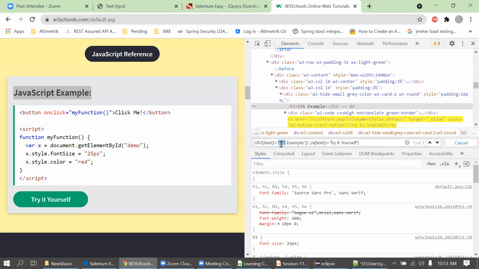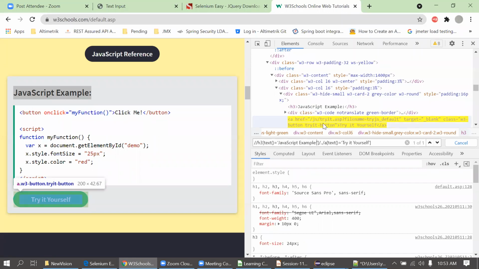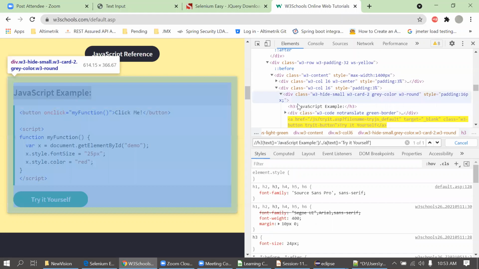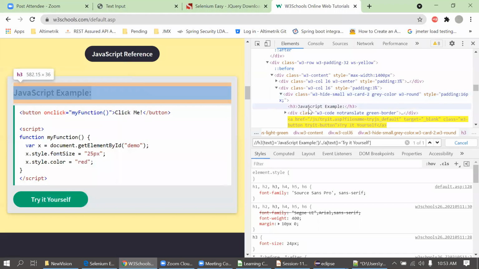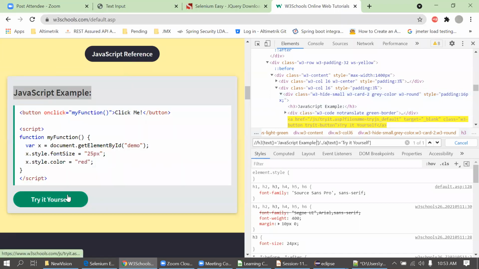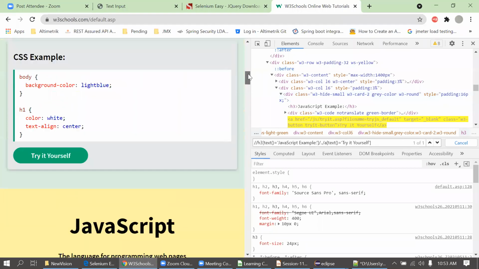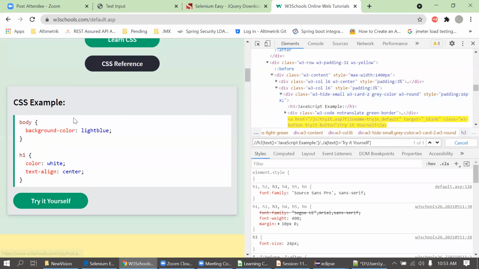Okay, so you created the h3 tag with the text of the heading, and then you used double dot because there are many child tags. Yes, just wait. Now simply think, I need this button, but I need some reference by which I should get this button. By using this text I can get this button. So this is the identity of this button. This is the button of the JavaScript example. If I go to another, this is the button of the CSS example, right?